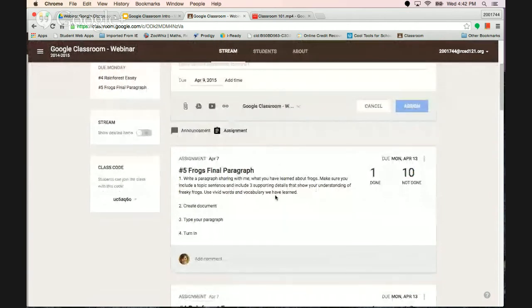When I'm looking at an assignment, I see these 3 dots here, so that I can edit my assignment if I wanted to change the due date. I can also delete an assignment. And as a teacher, I can see this assignment 1 person has done and 10 are not completed. This is kind of in real time.